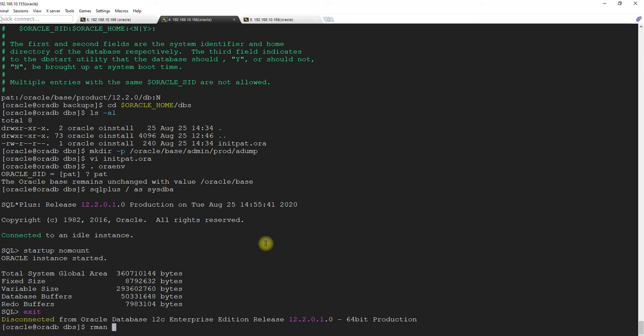So this is not target slash. What we need to say in this case, because in rman duplicate, auxiliary is the current database. So what we are doing is we are using rman duplicate on this specific auxiliary database, okay? So this current database is auxiliary, that is pat, okay?